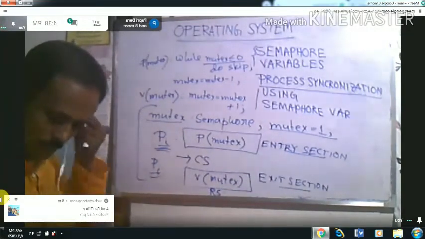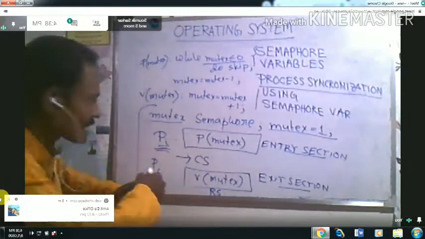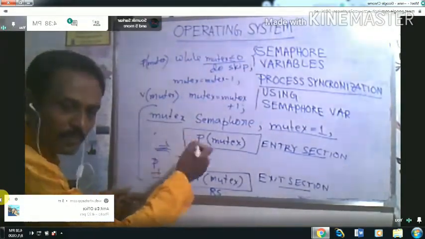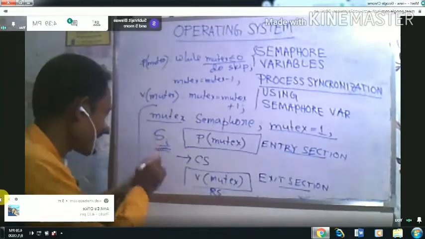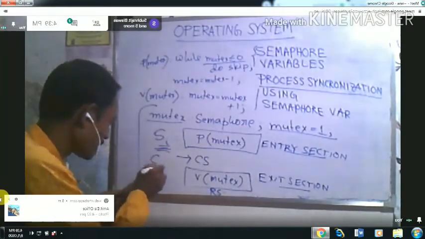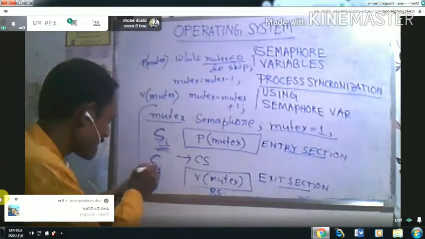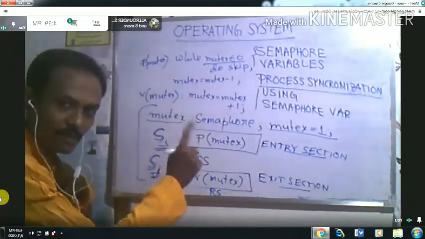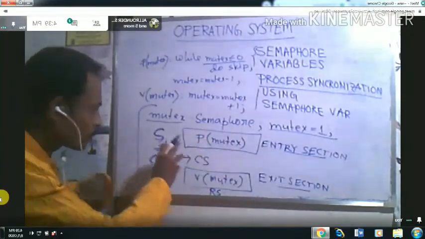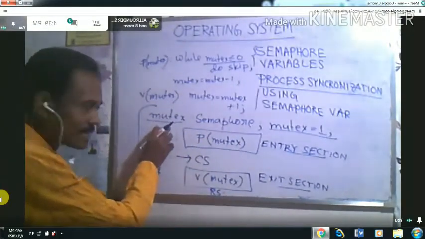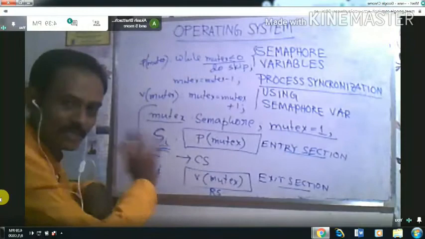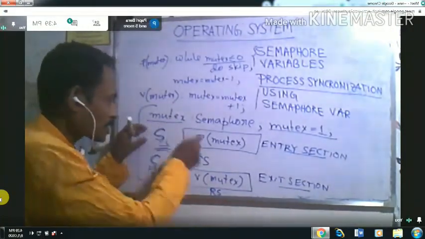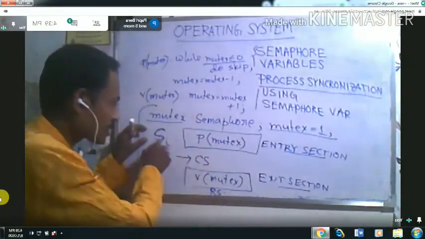For better understanding, since it is the P operation, it can be mismatched, so you can say this is the SI process and this is the SJ process. So when the SI process at first executes the P operation, it can access the critical section first.